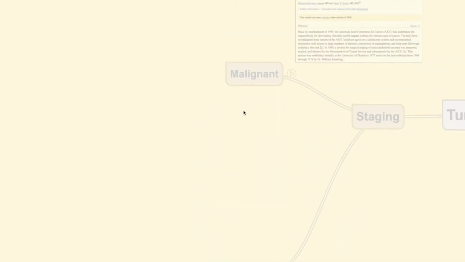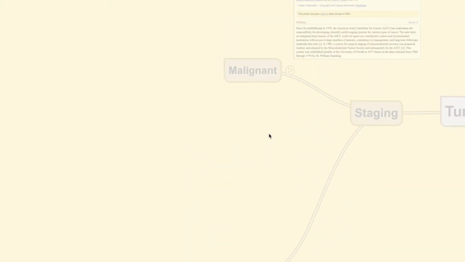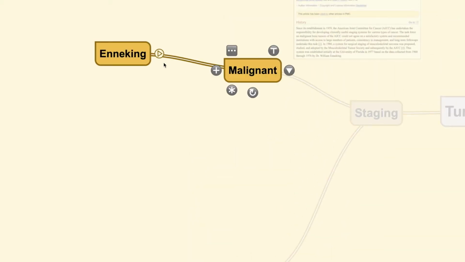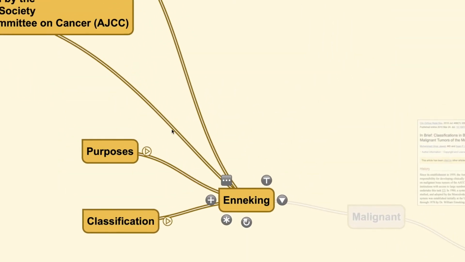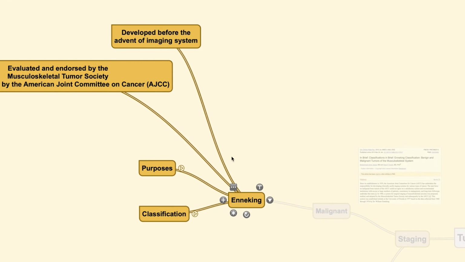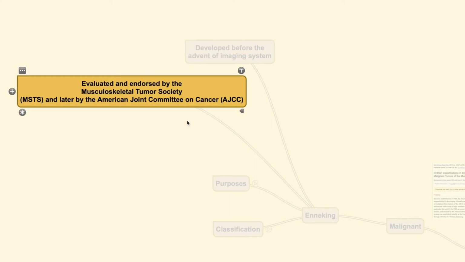Well, that is the only classification that is commonly used for benign. In malignant cases, the Enneking classification has been revised several times. So the Enneking, during its early years, was developed before there was any advent of imaging systems, and it was initially evaluated and endorsed by the Musculoskeletal Tumor Society (MSTS), and later on taken by the American Joint Committee